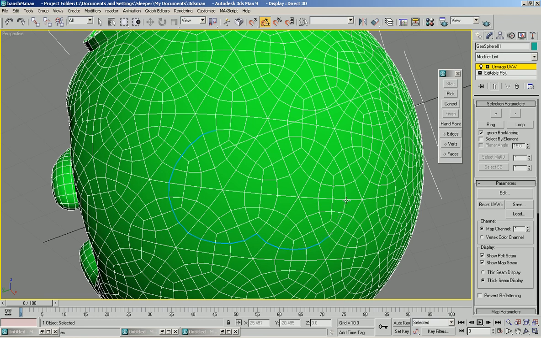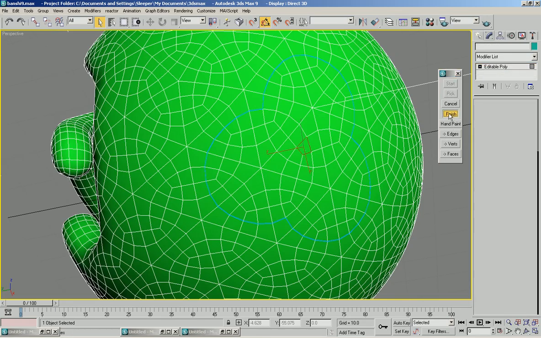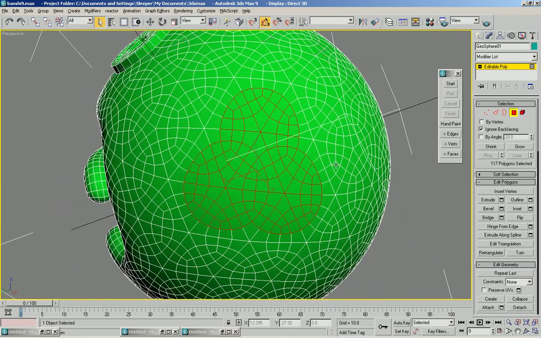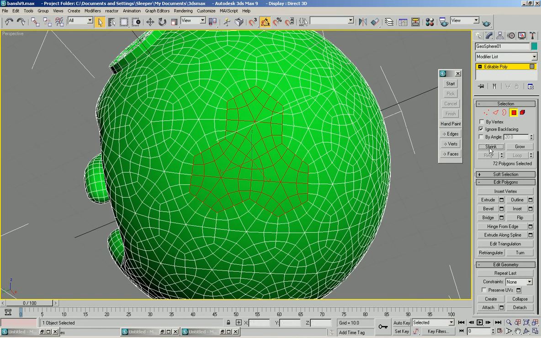Now this makes use of the pelt mapping tool that was integrated into Max, so you must have a version that supports that. Now I can just pick an interior face and convert that selection. And when I do a shrink, convert to vertices,